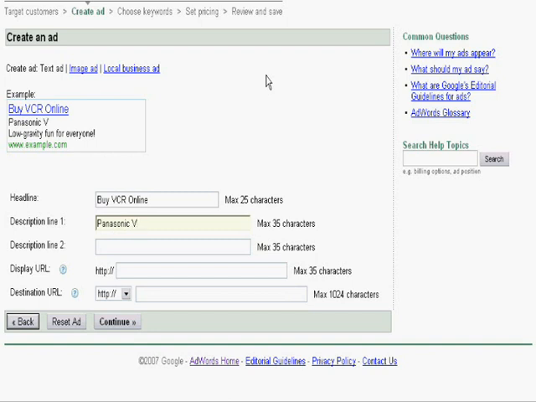It's very good to use keywords in your ad text because they become bold. So not only do you stand out from the crowd, but also people, when they see something in bold and exactly what they typed in the search engine, it makes them think